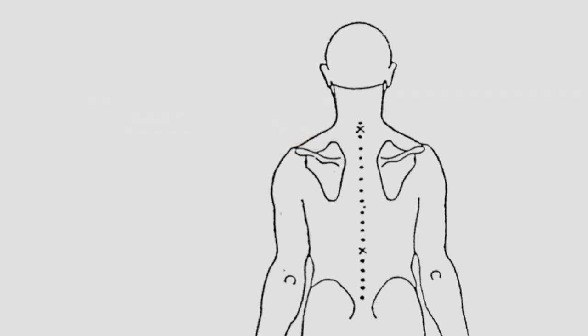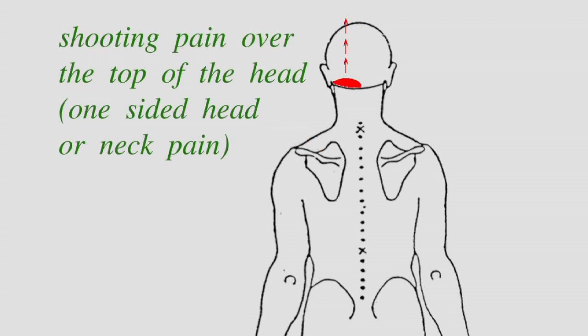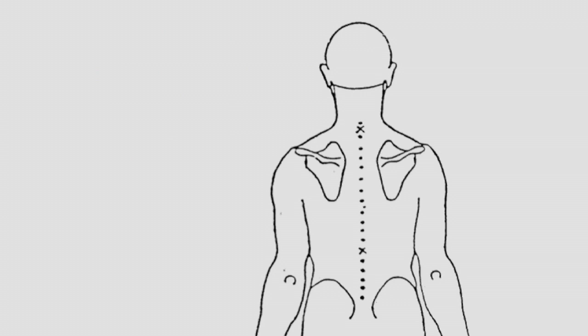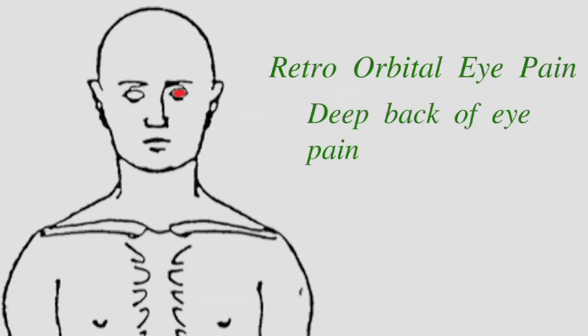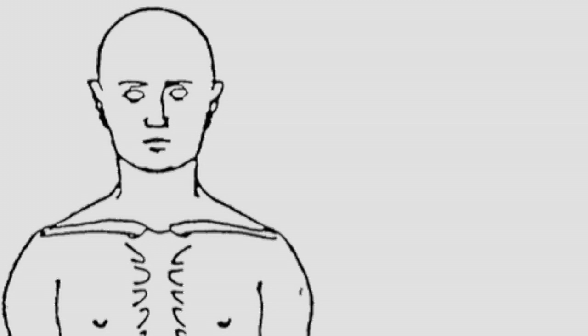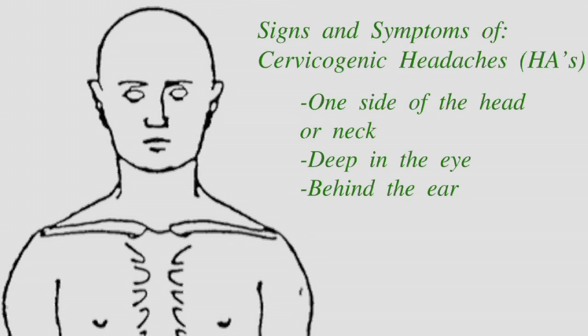It can also be shooting pain that shoots up over the top of the head, and a lot of times we call that a ram's horn type of headache. So the pain comes up over the top of the head and may even land in deep retroorbital eye pain, or we'll call it retroorbital, a term that means back of the eye pain. So these symptoms are on one side of the head or neck,